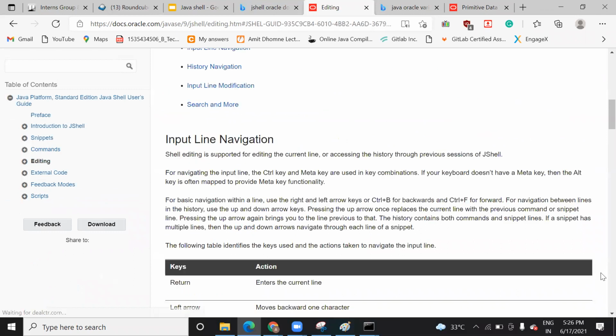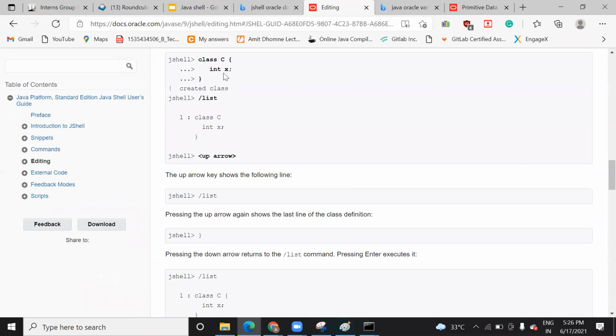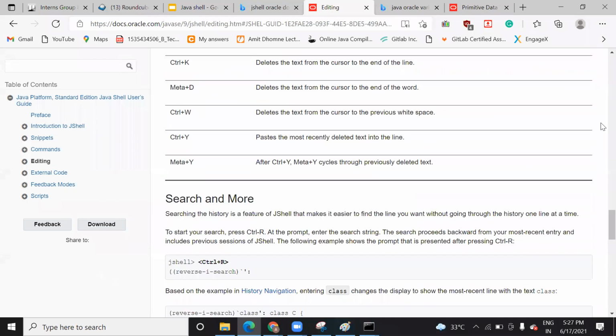If you have any doubt, or anything is not clear, then in the next class when we connect, you can ask me there. You can create a class also here. Just write class C in text, and you can see this. So a class also you can create here. Whatever we do in Eclipse, we can do here also, with some limitation or restriction. So you can go through this document and try working on that.